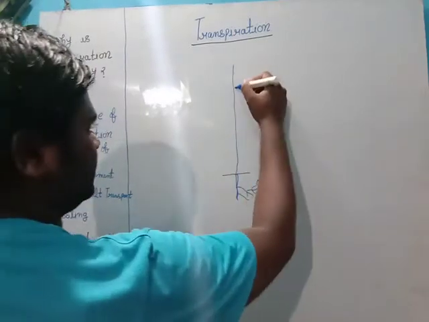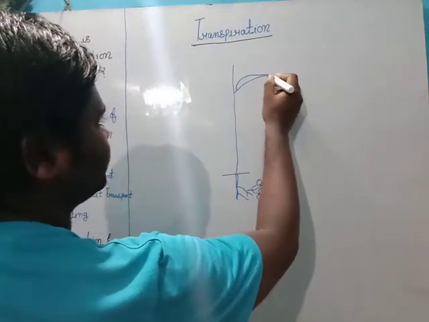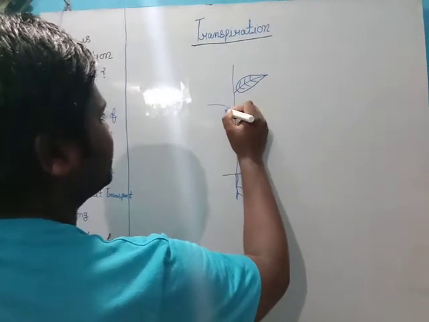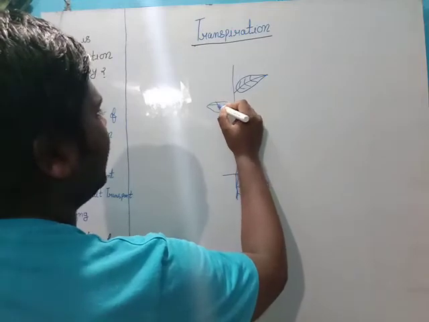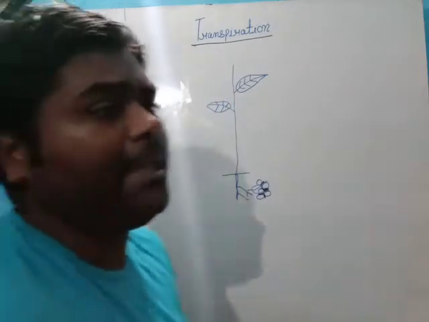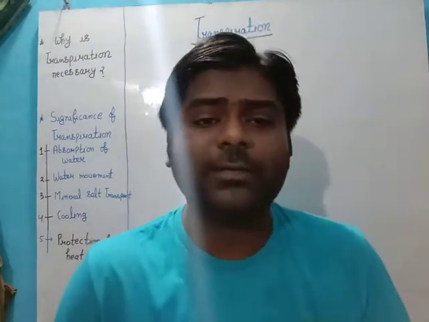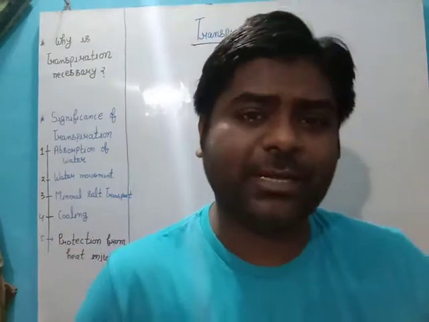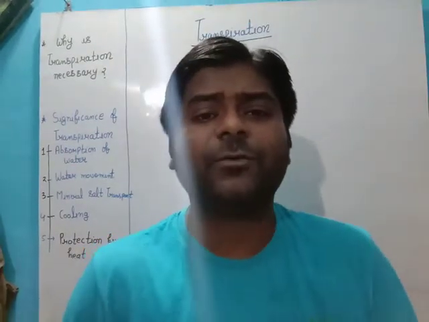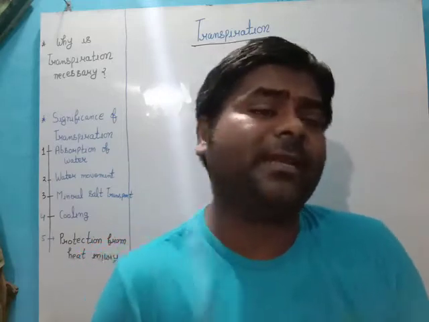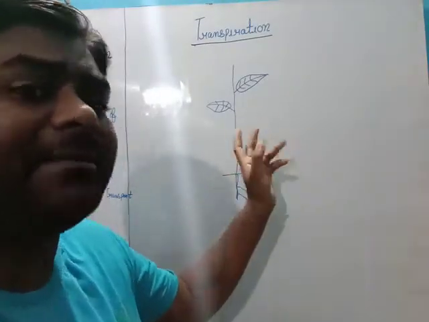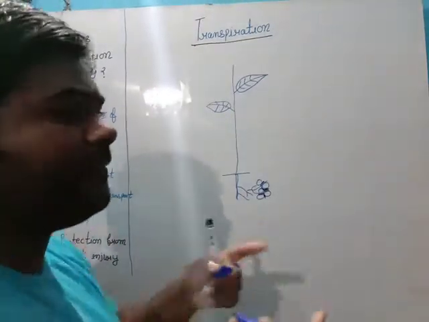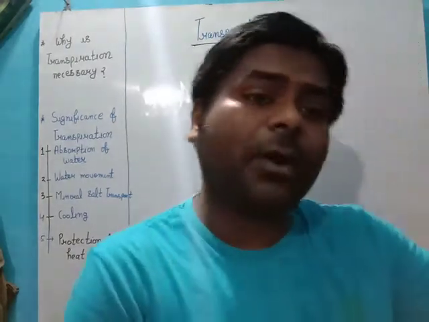So here we take this one, leaf. As we have discussed already, leaves are doing photosynthesis, and when they do photosynthesis they need water for getting hydrogen ion, H plus ion. We'll discuss this in the photosynthesis chapter, you will have the detailing of this. So they take water and they break water, all the leaves, when they do photosynthesis. So whenever we have photosynthesis they need water. So how is water moving upward?